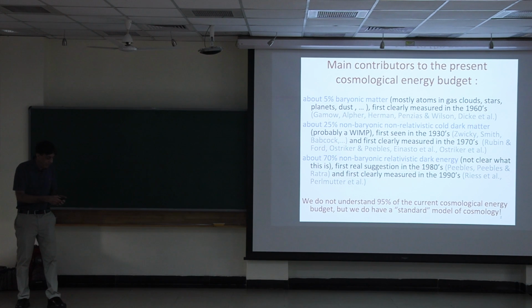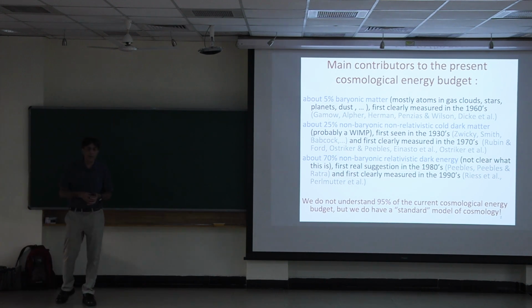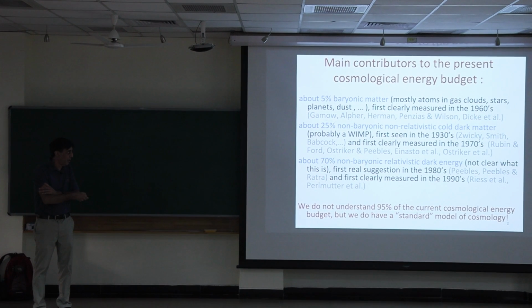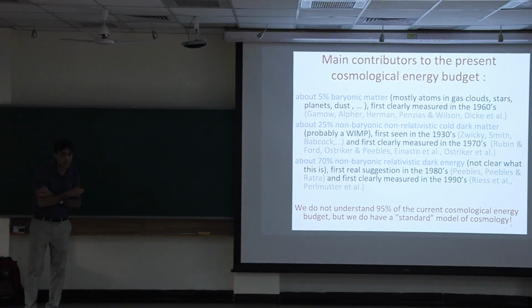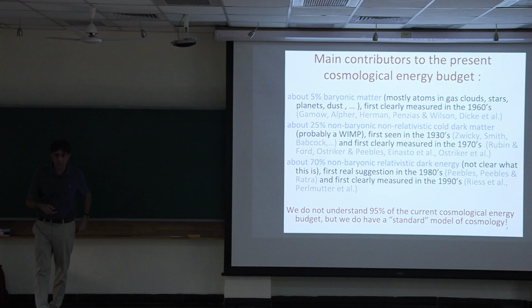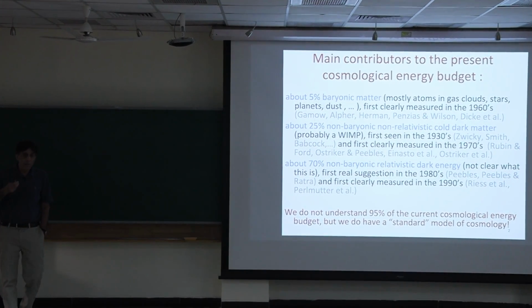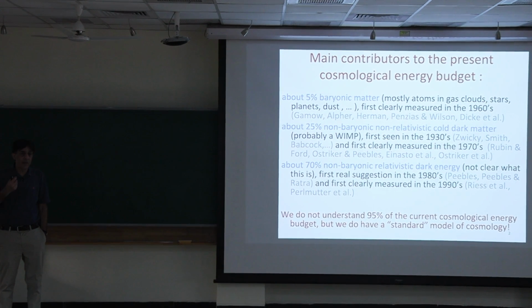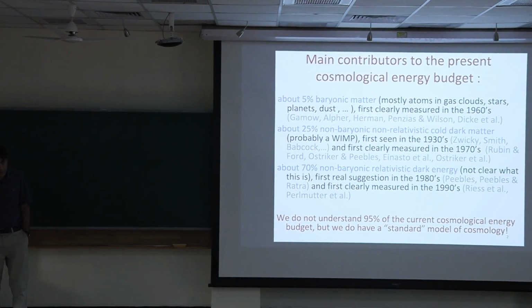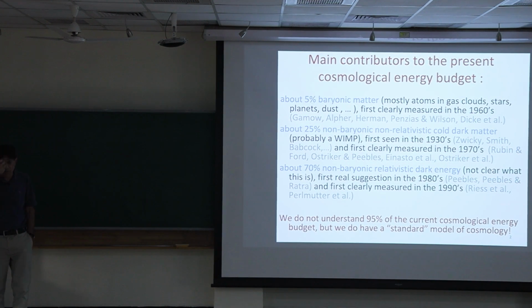At the present time, when we look at the energy budget that's driving the expansion of the universe, we know that only about 5% of it is coming from atoms and molecules, and that's what cosmologists refer to as baryonic matter. Approximately 25% of it is coming from something that's not made up of atoms and molecules, but we know this stuff is moving very slowly, not at speeds close to the speed of light, and it's called cold dark matter. It's dark because it doesn't interact with electromagnetic radiation, so we don't see it. If it does interact, it interacts very, very weakly, not as strongly as atoms do.